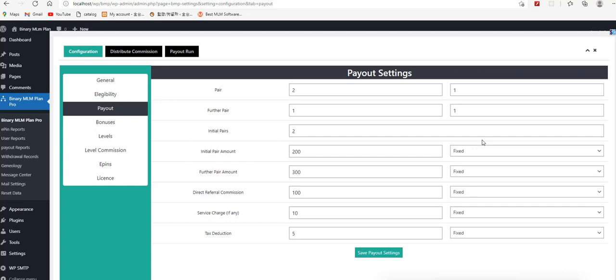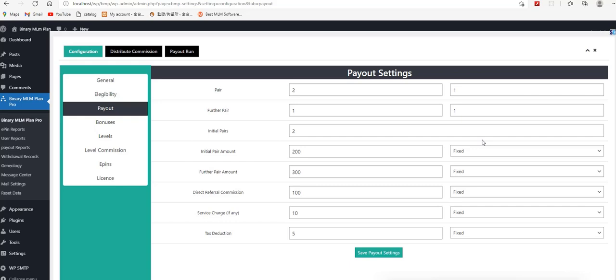Suppose I am the member and someone registers under me with the help of my referral link, then I am the sponsor of that member. So I will get the direct referral commission of 100 INR, which I have already fixed.